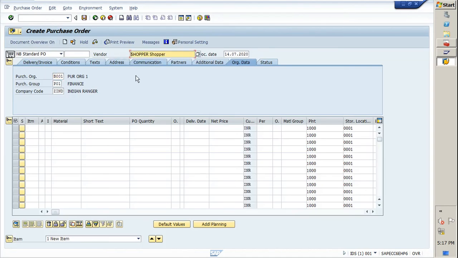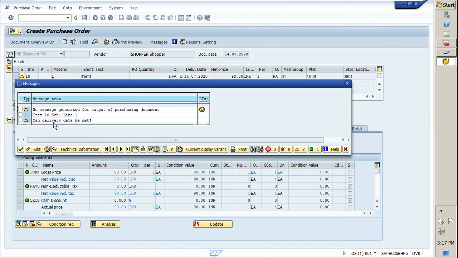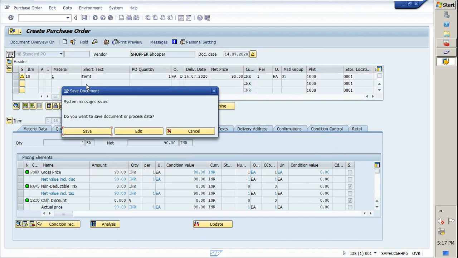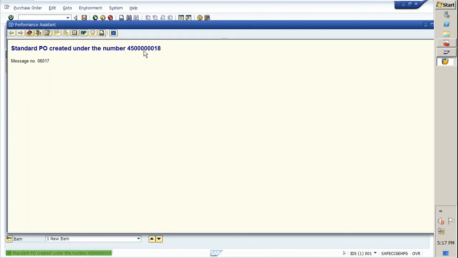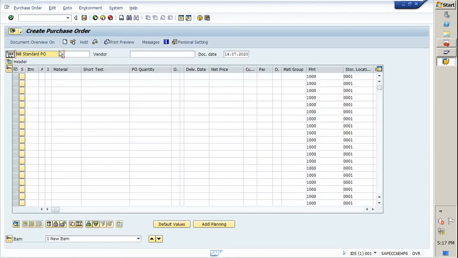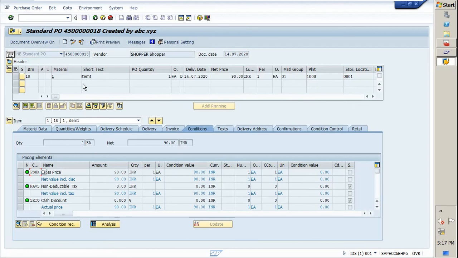So we will first consider below 100 and check whether the release strategy will be triggered or not. So we will take the price as 90, okay, which is below 100. So as you can see, the PO has been created, and we will just check whether the release strategy has been triggered or not.